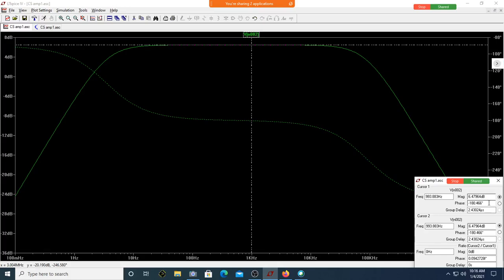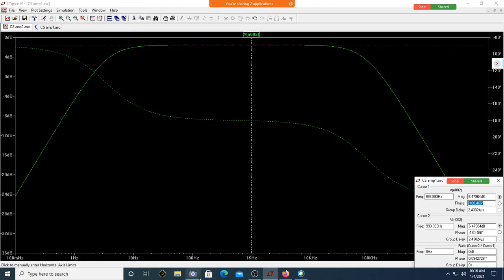This is the gain. How much is the phase shift? Phase shift is minus 180 degree in the mid band. That's what is negative. Done. So it is 6.68 dB at an angle of 180 degree. That is minus 180 degree, which corresponds to a negative value.